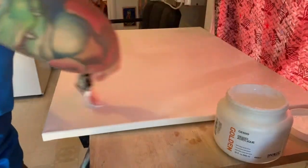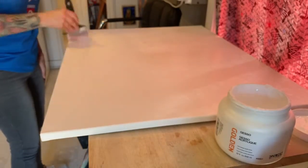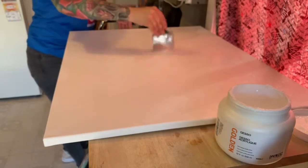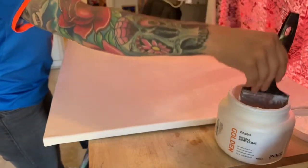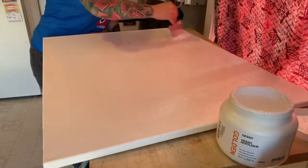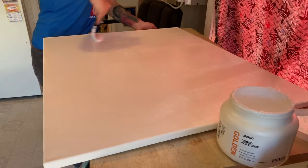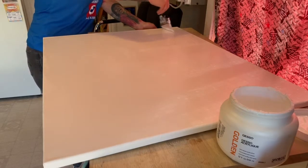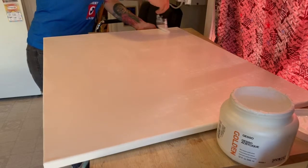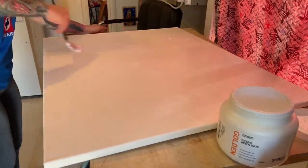So I'm prepping this surface. This is all I do as far as prep goes. It's just one quick layer of gesso on the canvas. Even. Just make sure it's even. The reason I do this is because the paint takes to it quicker. The gesso gives the canvas an extra tooth so that the paint can